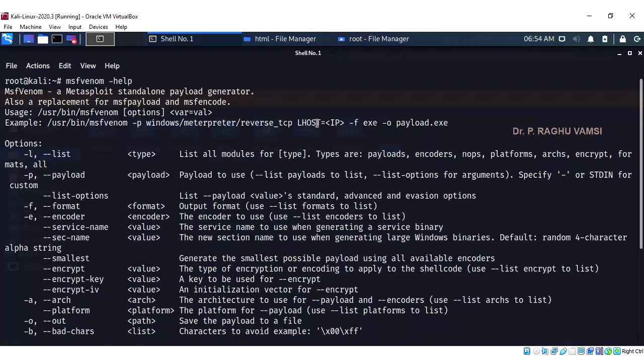and there should be a port that must be connected, because it is a TCP connection, obviously it will connect to a port. And -f is the output format to be generated, and this output code will be saved in an executable file, since in the Windows environment, an exe file is the executable file. Now we'll use this to create an executable file.